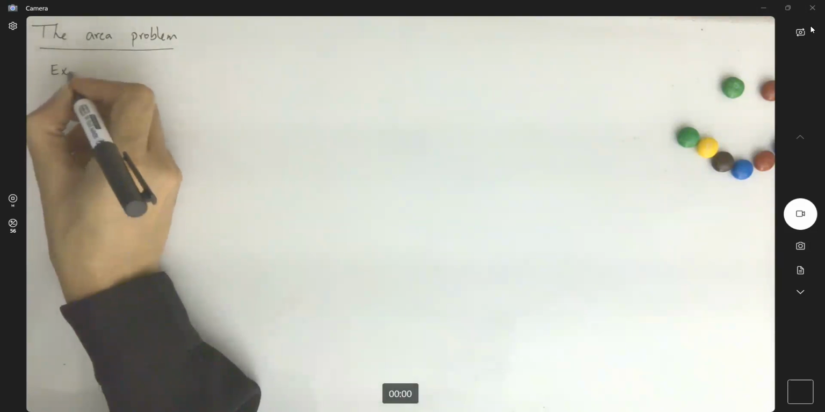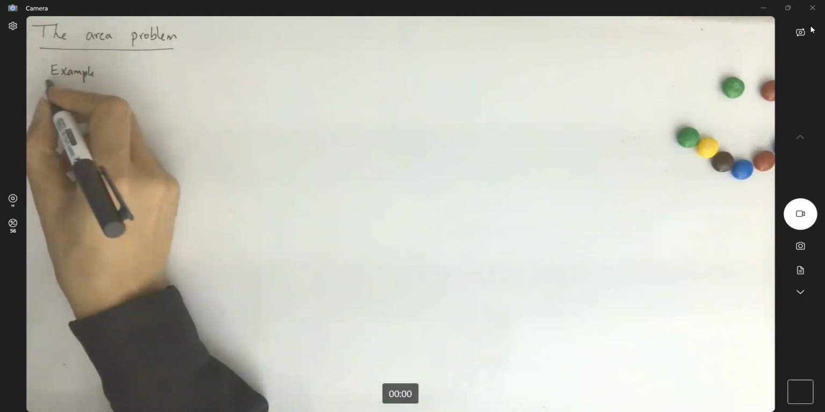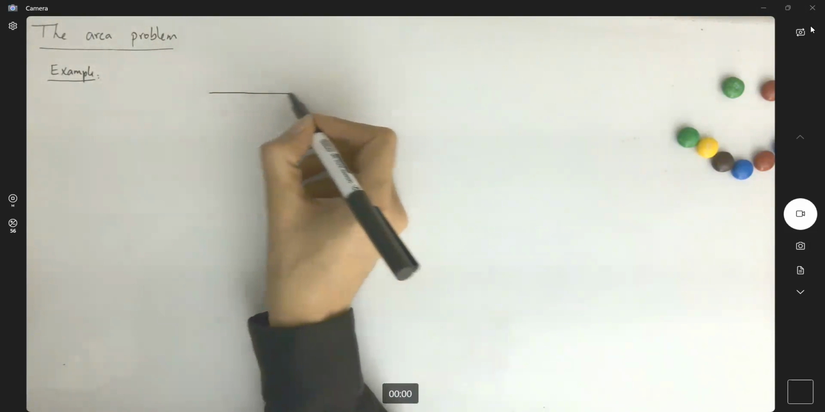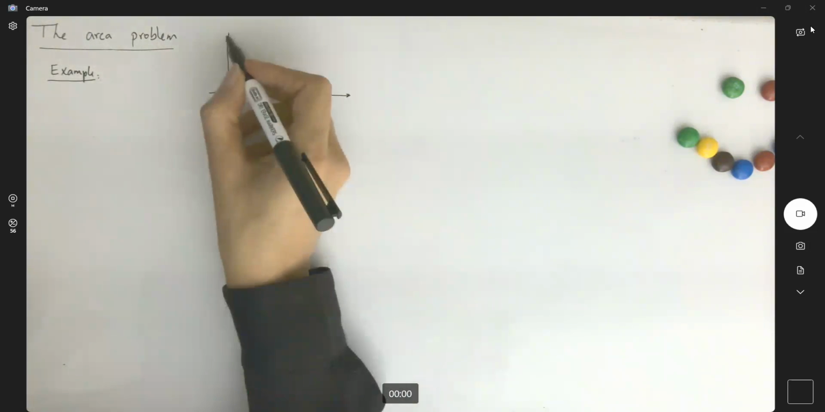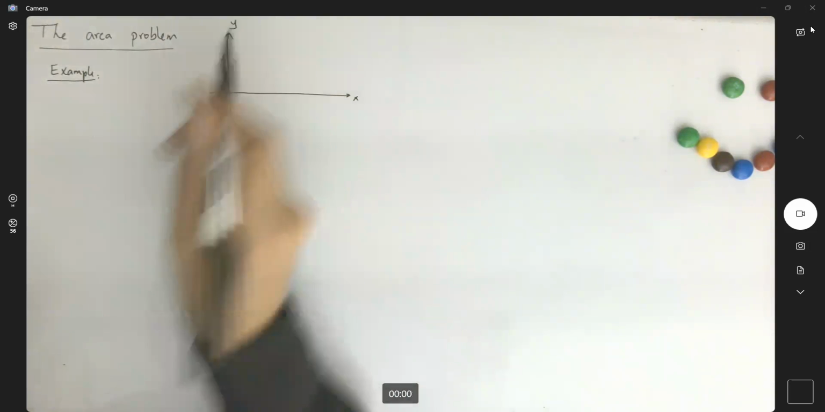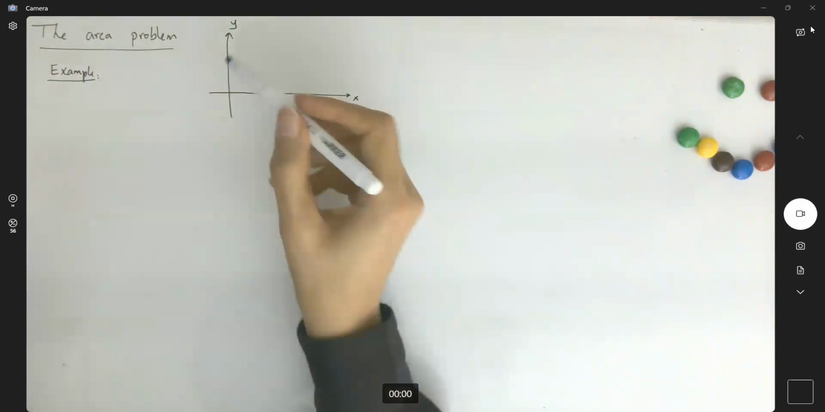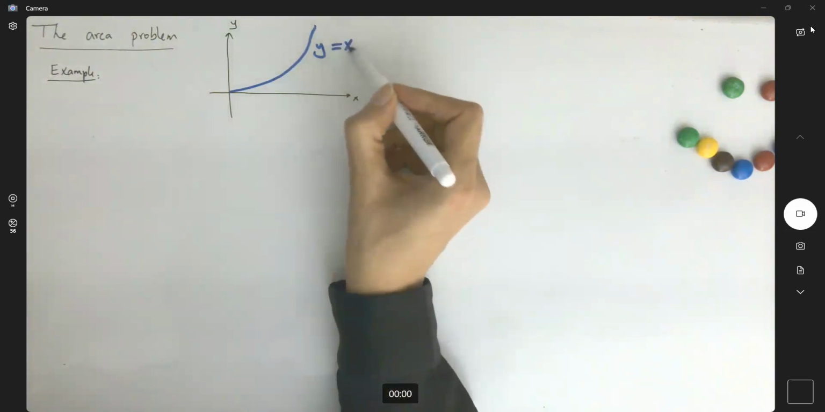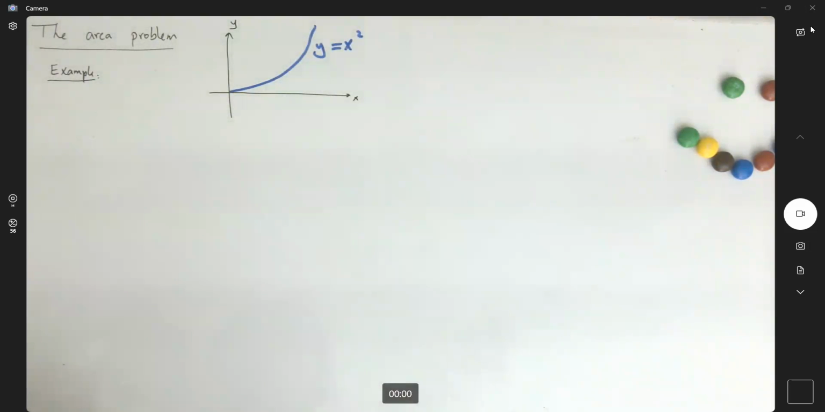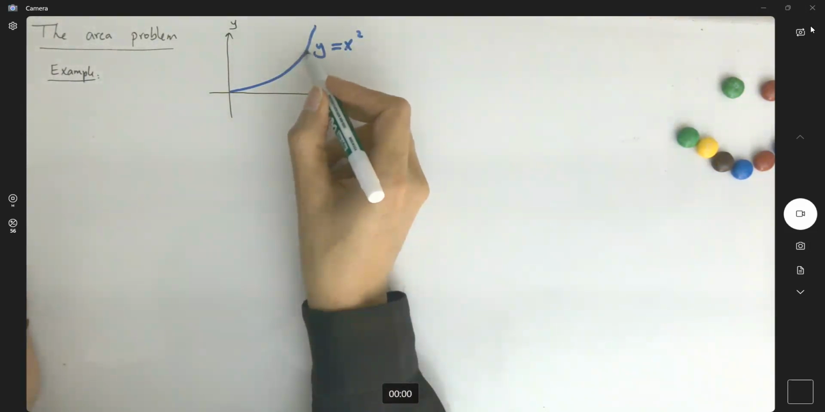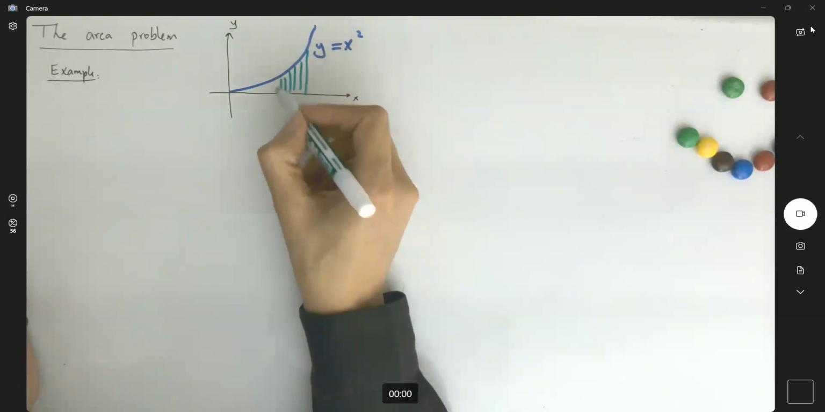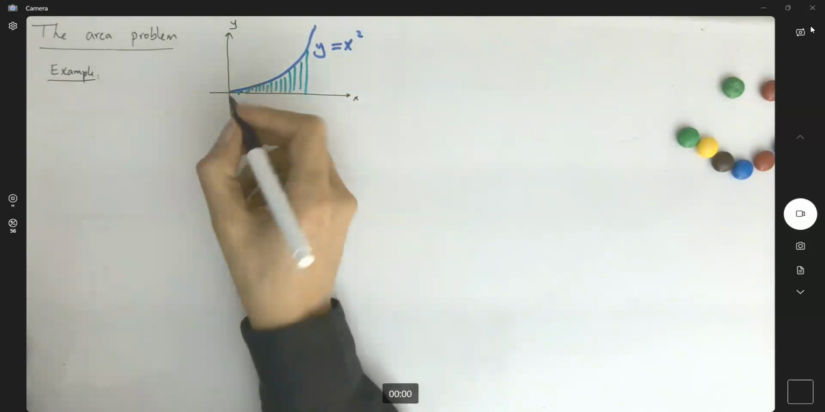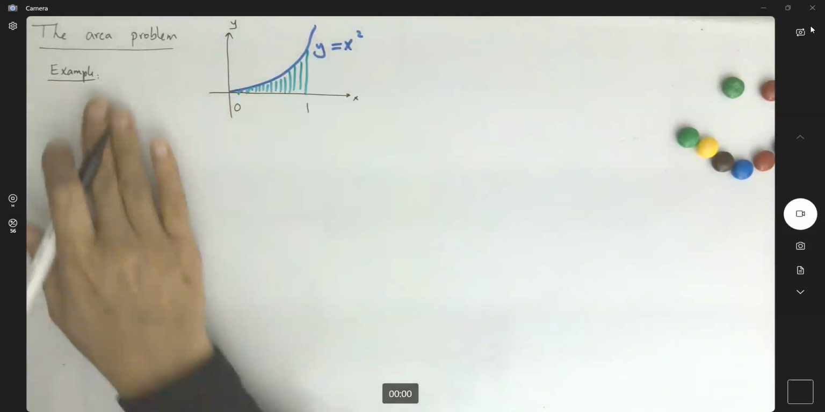Take a look at this example. Suppose we have the following two-dimensional object, x and y, and this is y equals x squared. And as before, we want to know what is the approximation of the area below the graph between 0 and 1. Remember that if we use